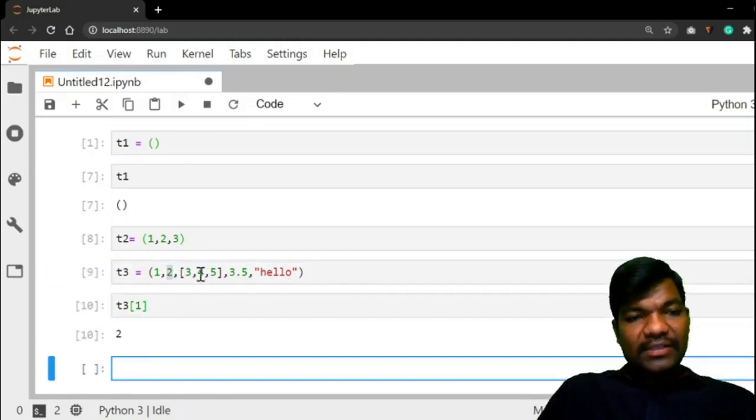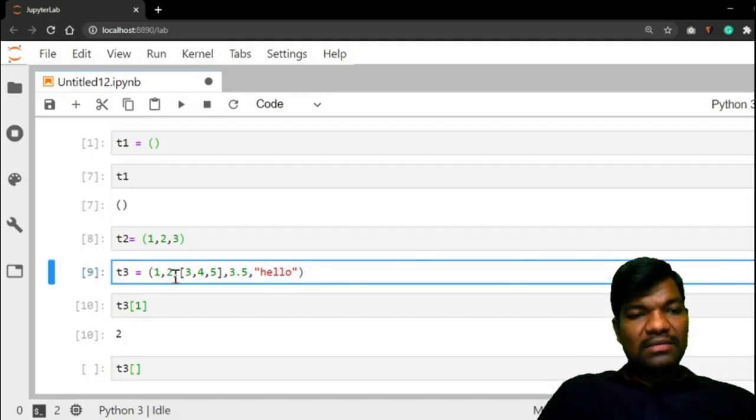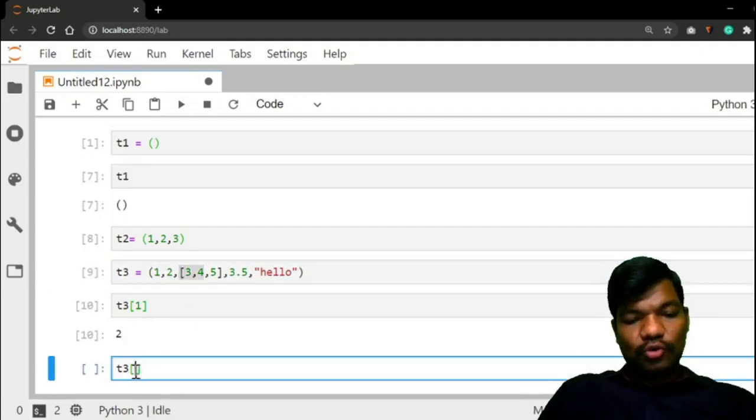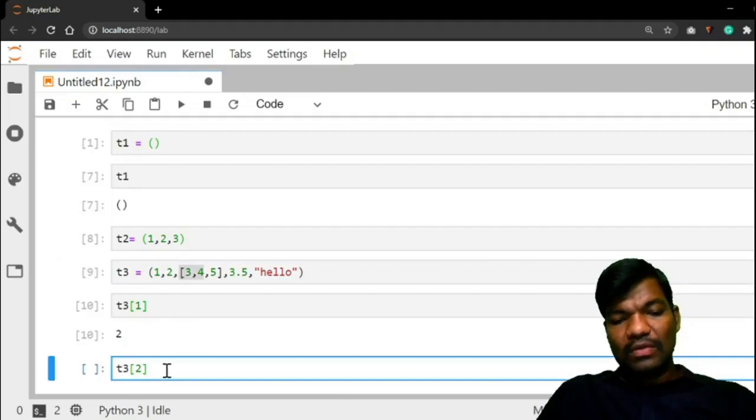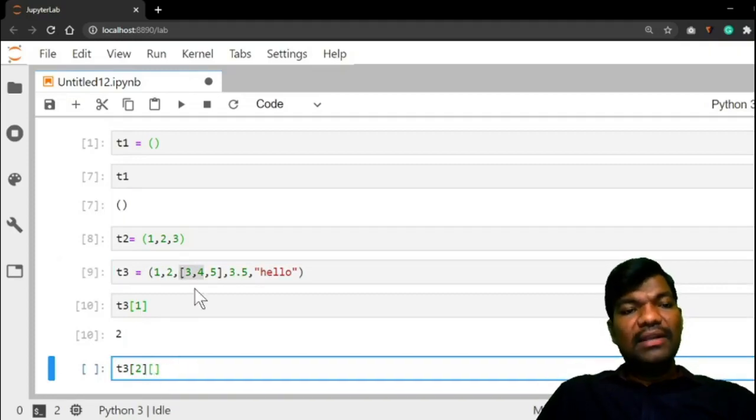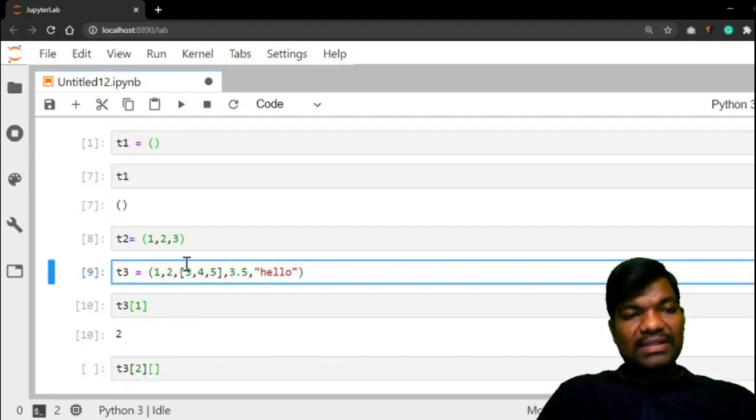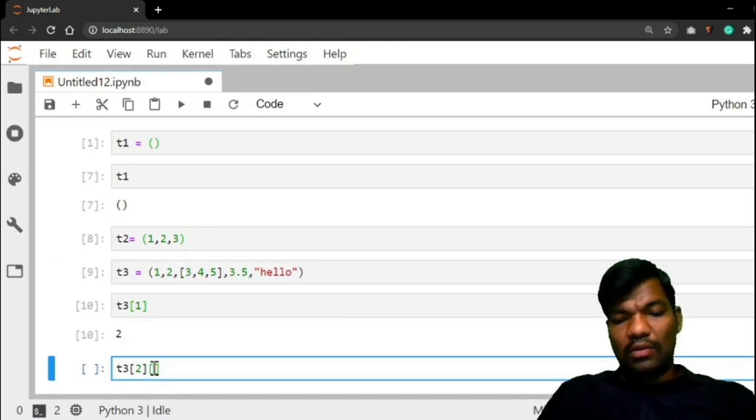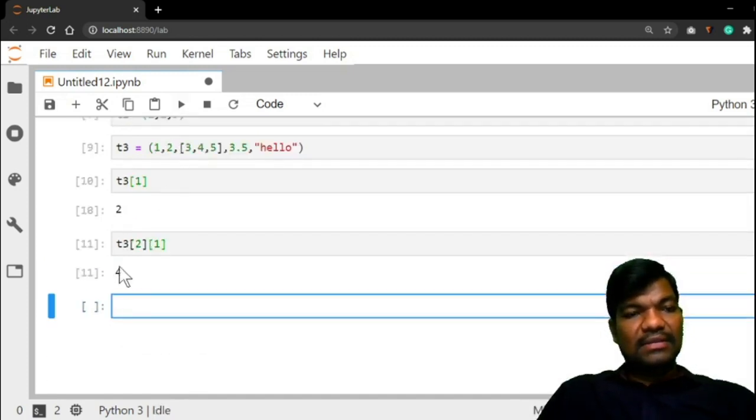I want to access this 4. So how to give that? This is 0, this is 1, this is 2. Now 4, that means index 0, 1. So it is 4, right?